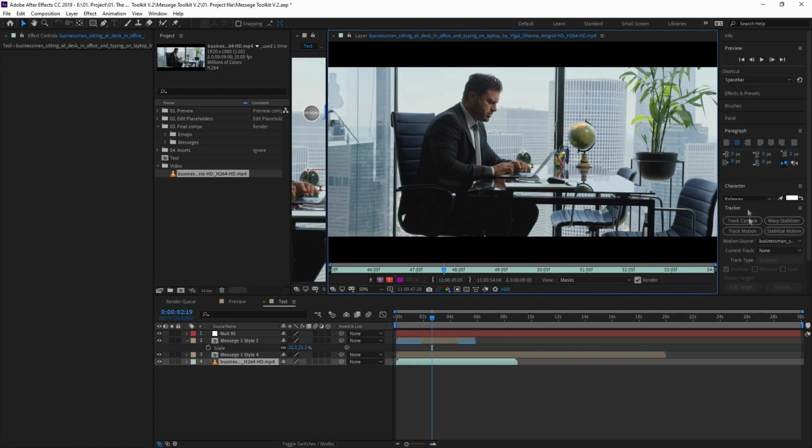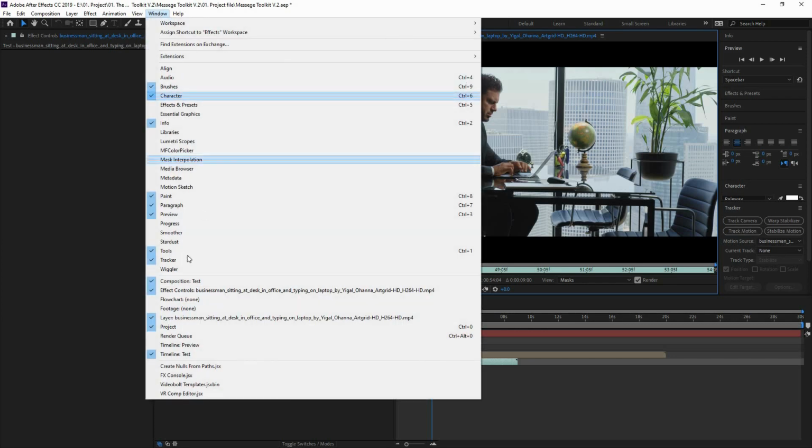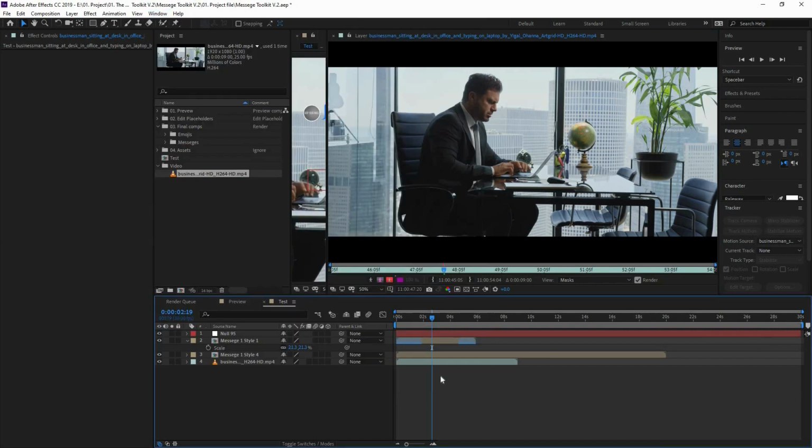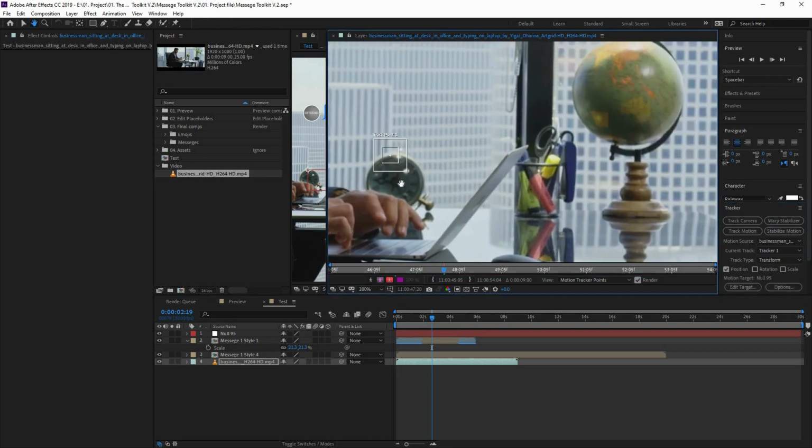Now to enable this tracker field, if it's not in here, then just go to window, and from here you can turn on or check this tracker. Make sure it's checked, and then it will come over here. Select the video. You will find this option over here. So we're going to go with this track motion. Okay, once you click on that, a tracker point will come over here,